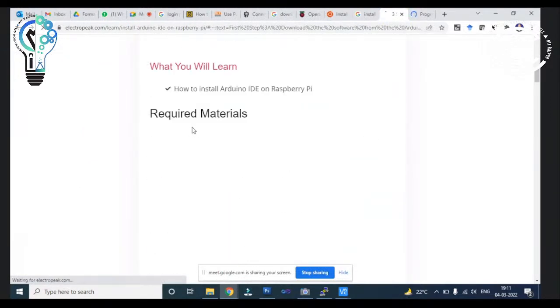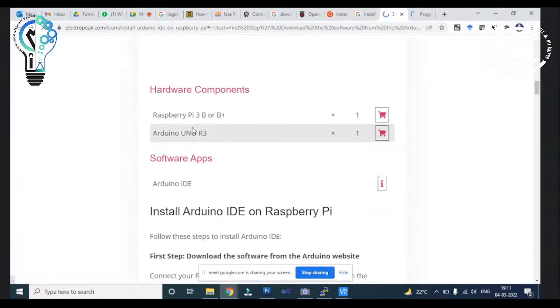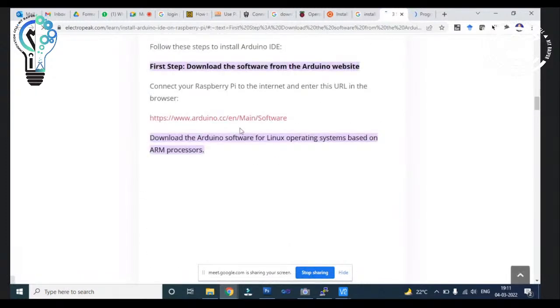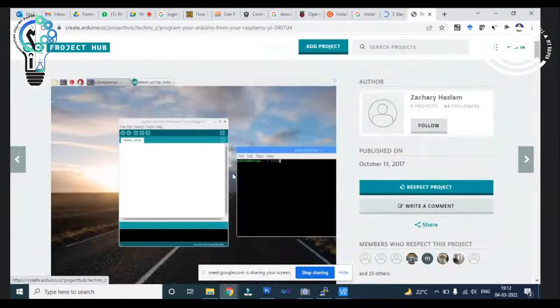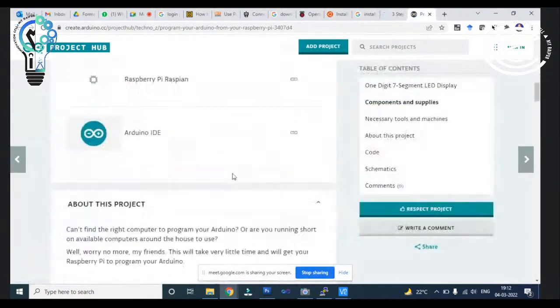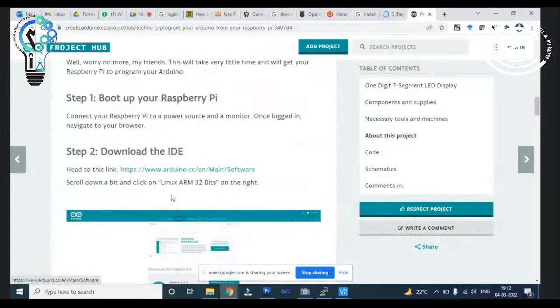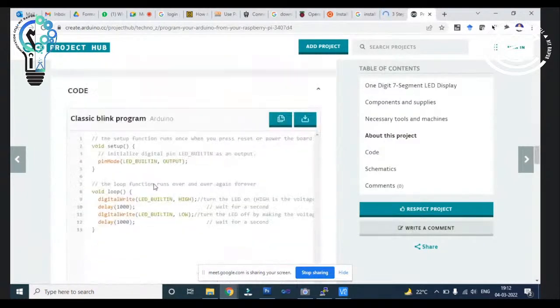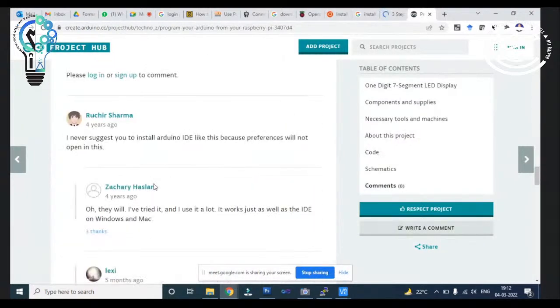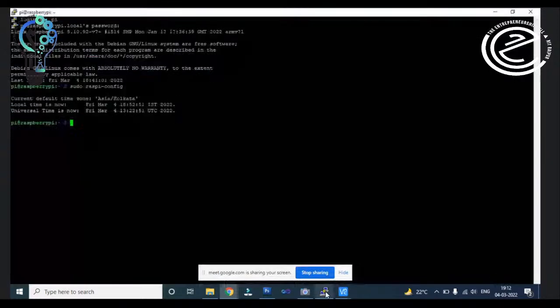You can see here the command which is required to install this Arduino software. You can see the complete command which is useful to install the software.